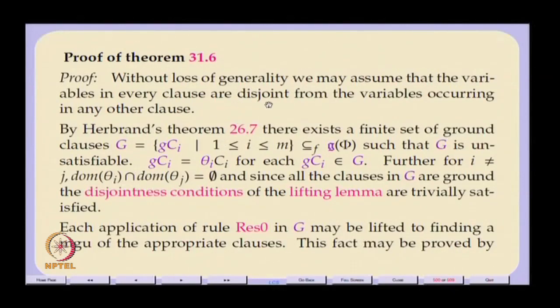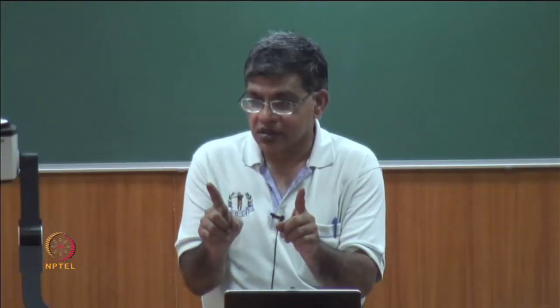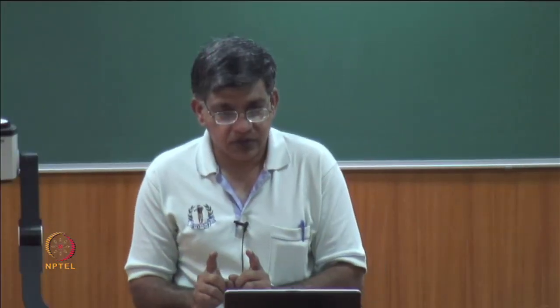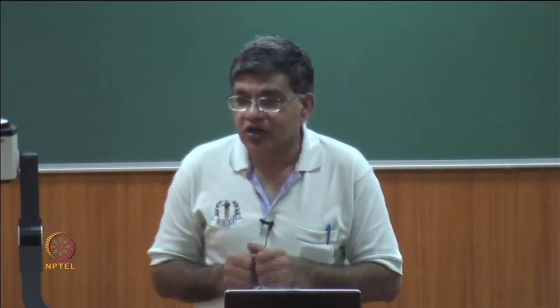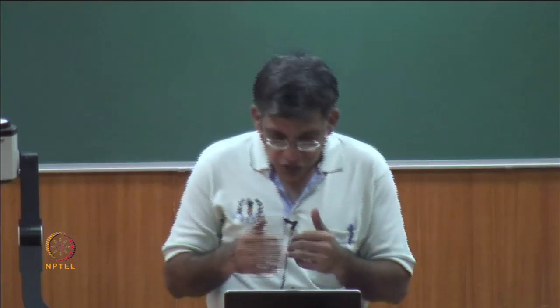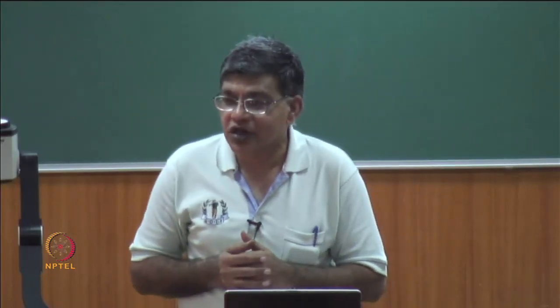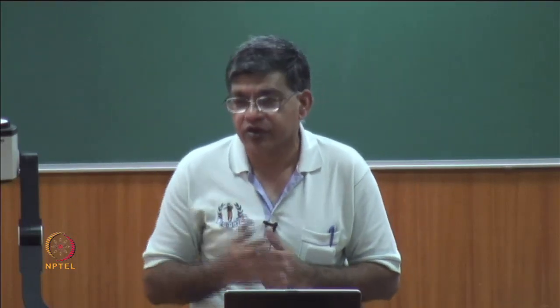But if phi is unsatisfiable, then by Herbrand's theorem there is a finite subset of ground clauses which are also unsatisfiable, okay. Now, if that finite set of ground clauses is unsatisfiable, we know from the completeness of resolution on ground clauses that the empty clause can be derived from them,